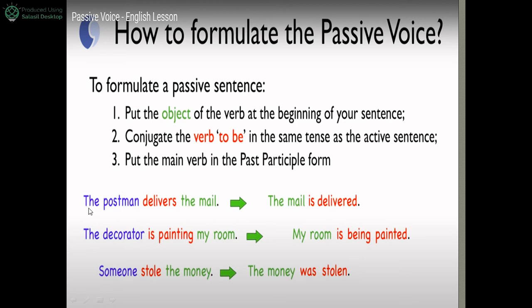Let's take a look at the first one. The postman delivers the mail. Subject, verb, object. The first step is to put the object at the beginning of the sentence: the mail. The second step is to conjugate the verb to be. We take a look at the sentence and we find out that the tense